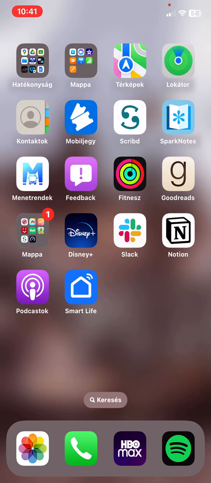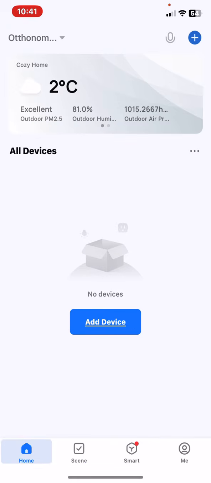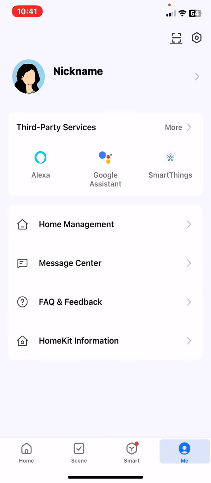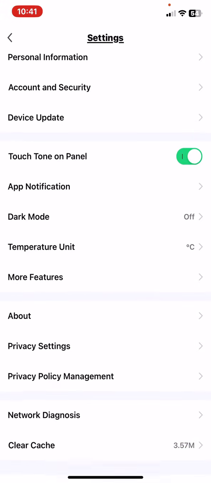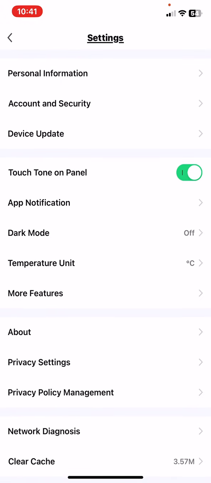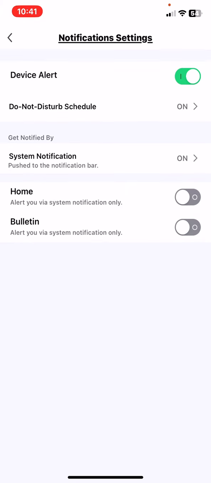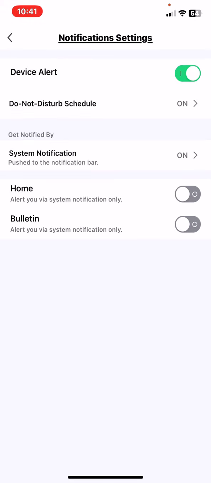First of all, open the application on your phone. And then click on the Me button at the bottom of the page on the right. And then click on the Settings button at the top of the page on the right. And then click on the App Notification button. And at the Get Notified By section, look for the Home button. And to enable that, just click on the white circle next to it, and once it turns green, the home